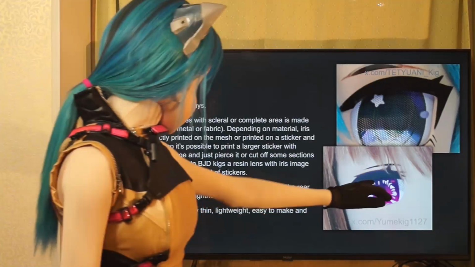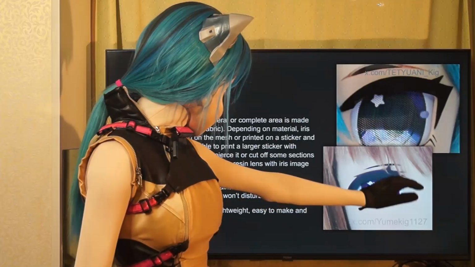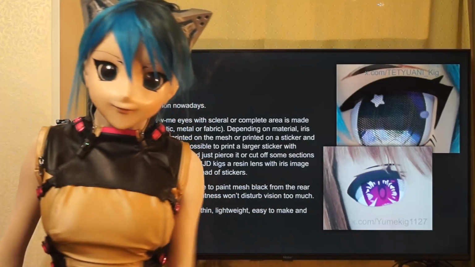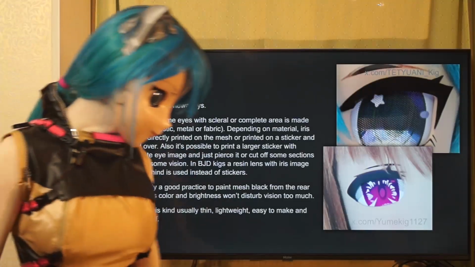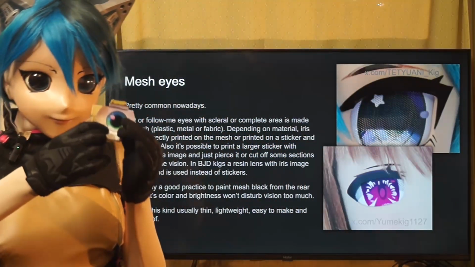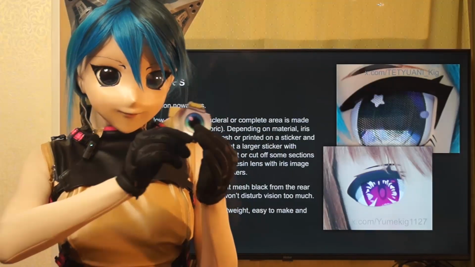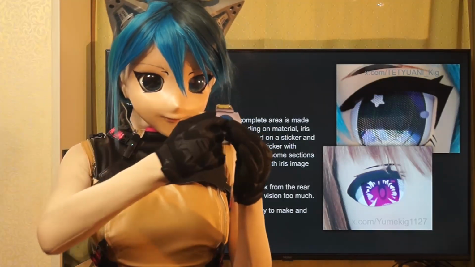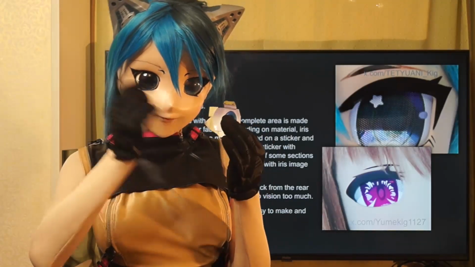Or in case you have a sticker, you can cut out just some areas and leave the other areas uncut, or another method like I used here, for example, I just pierce holes. Some holes I made using a needle